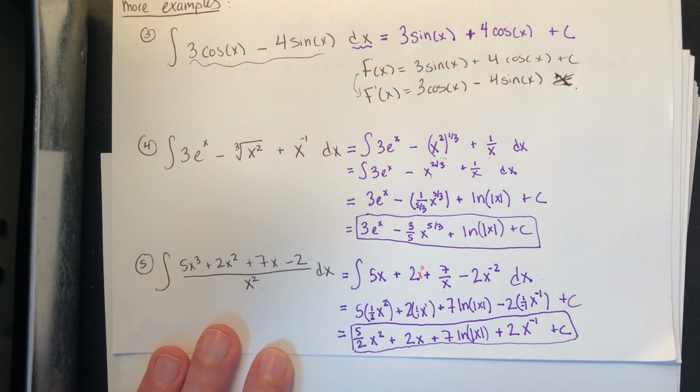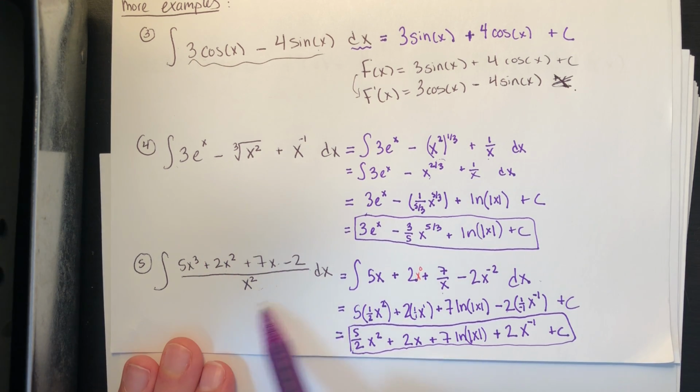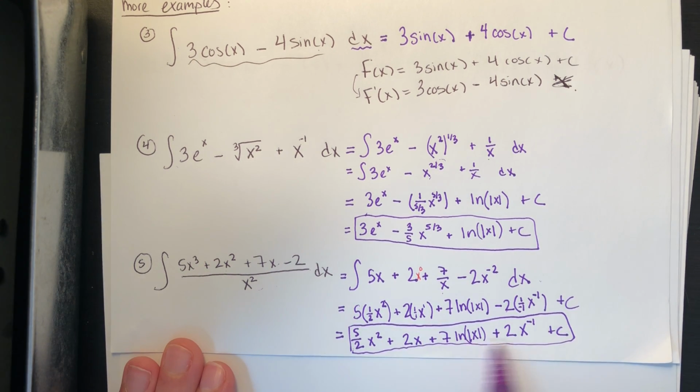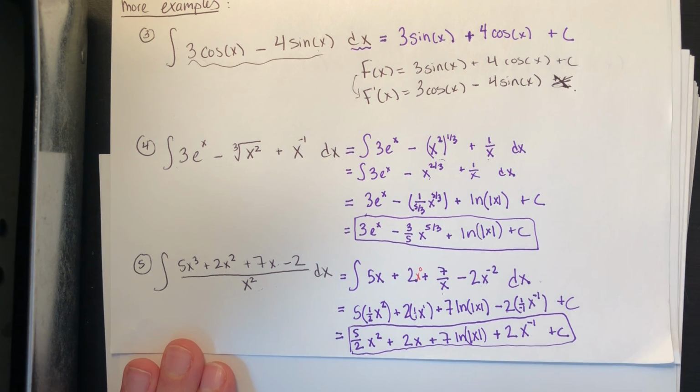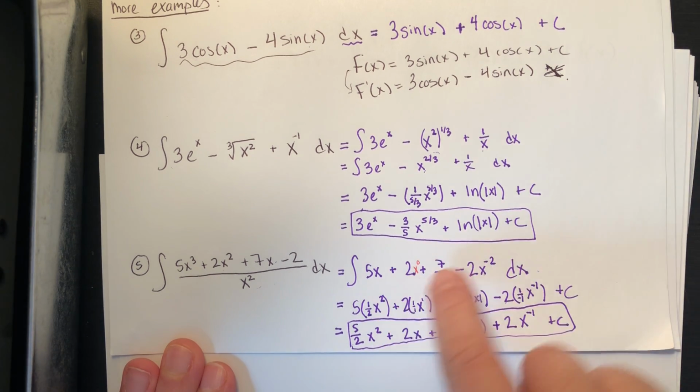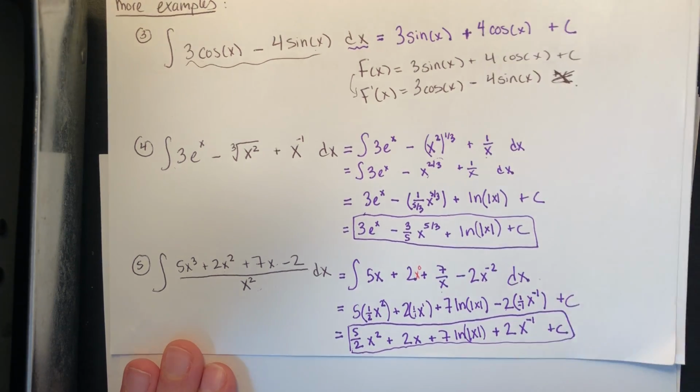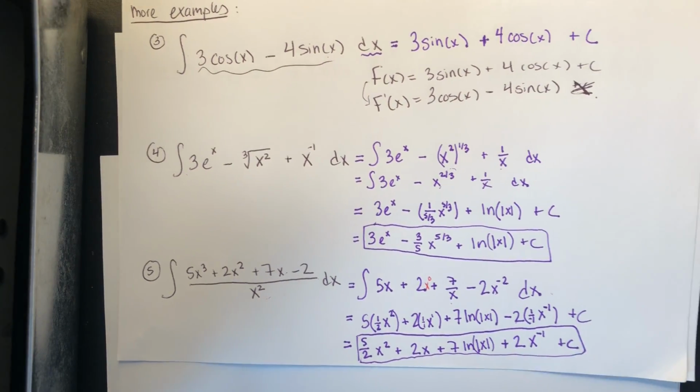It's kind of wild, right? Looking at a function like this to say that its antiderivative is actually this function with a log in it, right? But that's what we've learned about antiderivatives. The antiderivative of 1 over x is always going to give you an ln of x. Okay, so